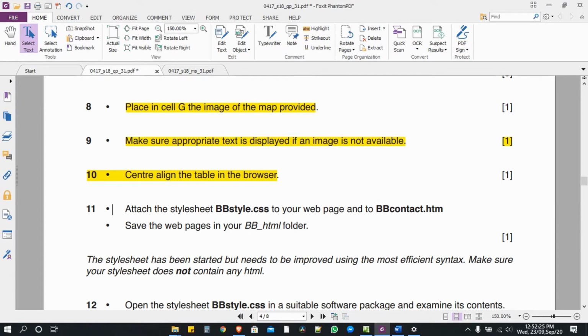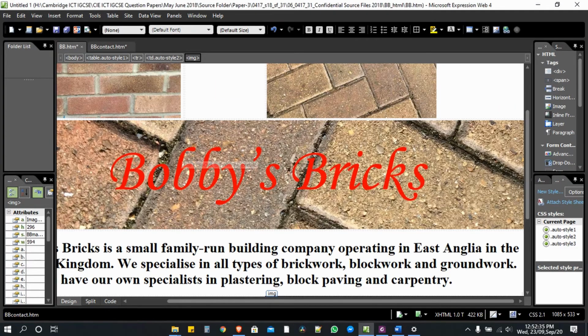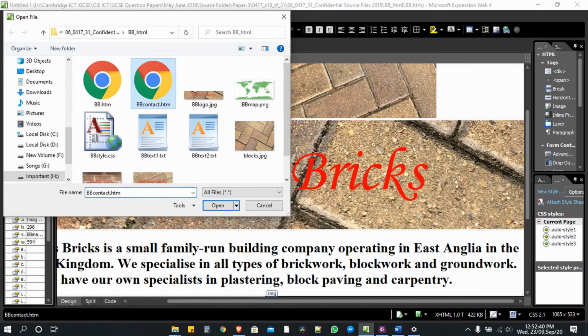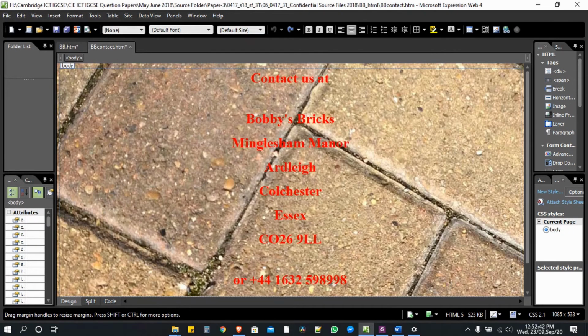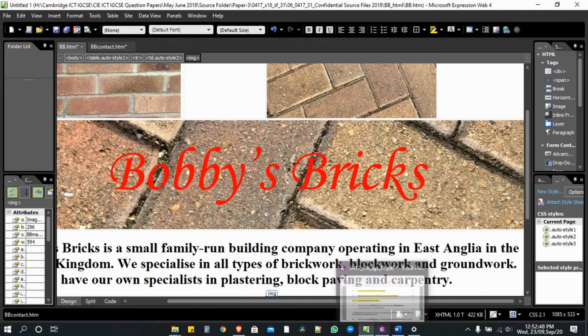So next, attach the style sheet bb style css to your web page and bb contact html. So first we need to open this file. To do so, file, open. So I guess this one is our file, so I opened it. Now let's attach the css file with my browser as well as the